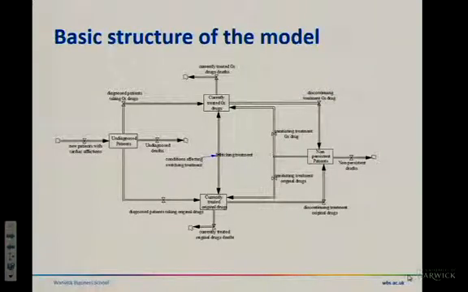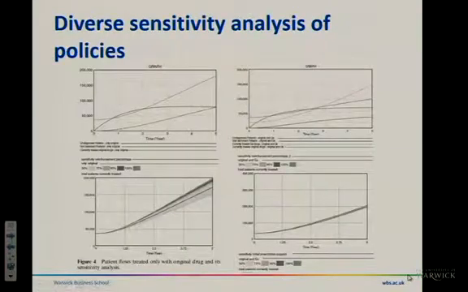Because this was a national scale model, and we didn't have all the specific data, what we try to do here is to run more sensitivity analysis of different policies. So we didn't say, follow this decision and you will have this result. We say there's a broad range of values that you can take for this decision. Let's see what is the result. So what you have in the lower level of the diagram, the different colors show you the range of the values for the different